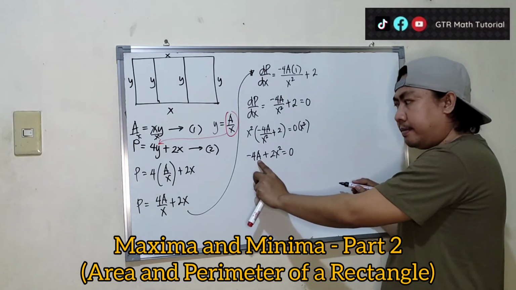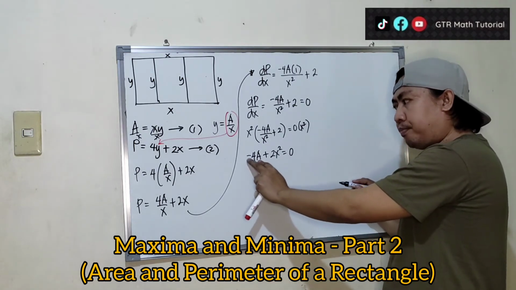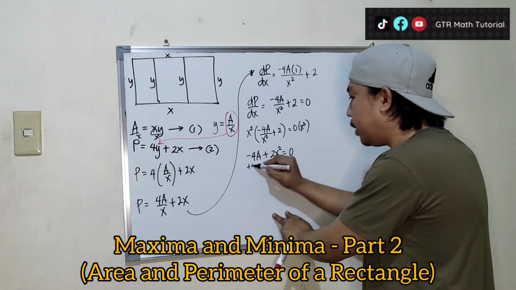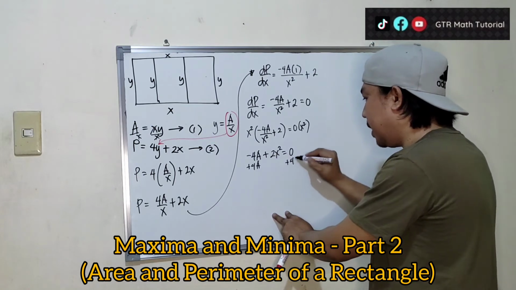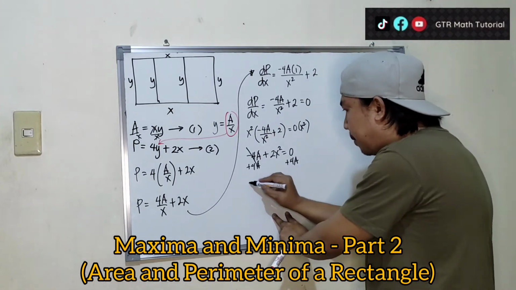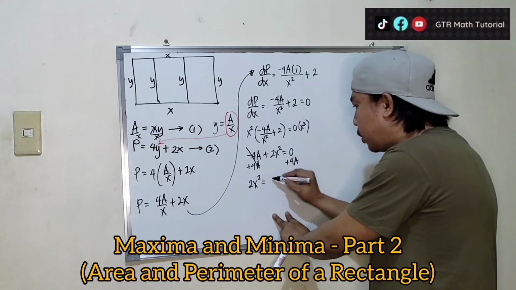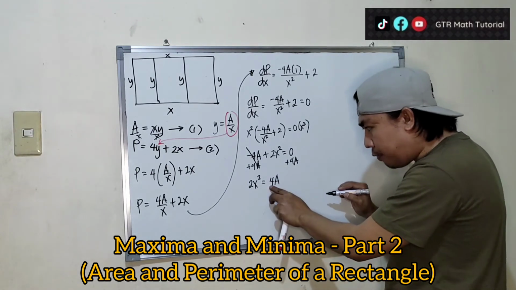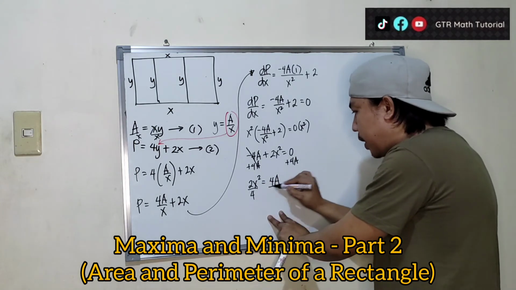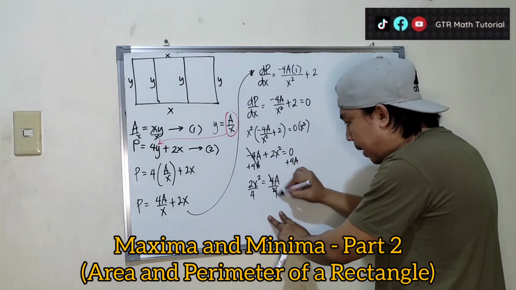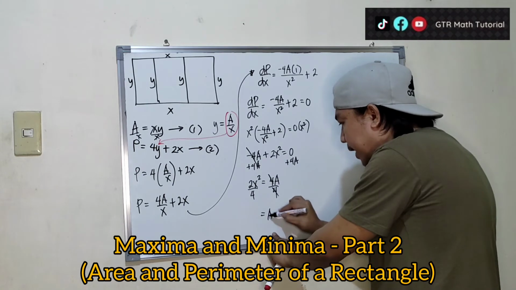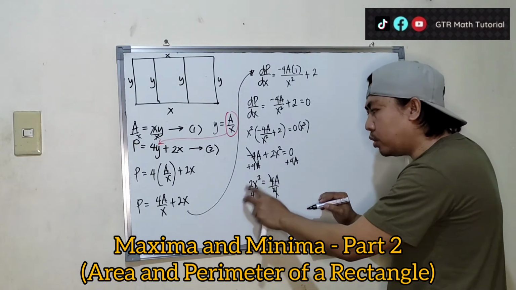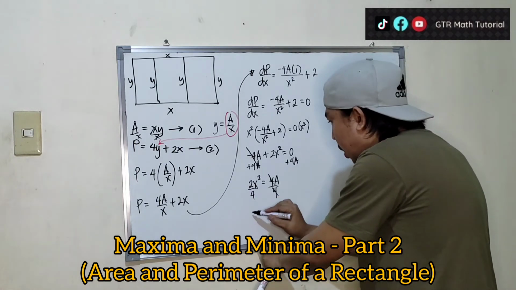Solve for a. So put 4a to the other side so that it will become positive. So add 4a to both sides. So cancel this. So we have 2x squared is equal to 4a. So now divide both sides of the equation by 4. So 4 divided by 4 is 1. So therefore a is equal to, reduce to lowest terms, 2 over 4, divide both by 2, so that is equal to 1 half